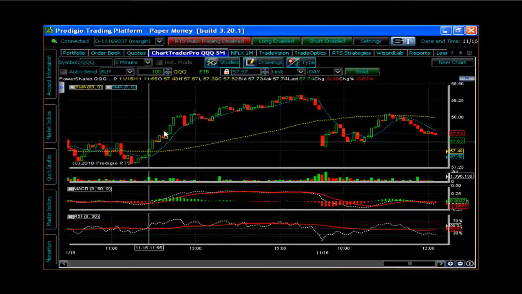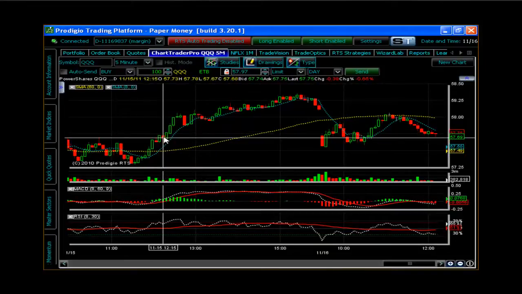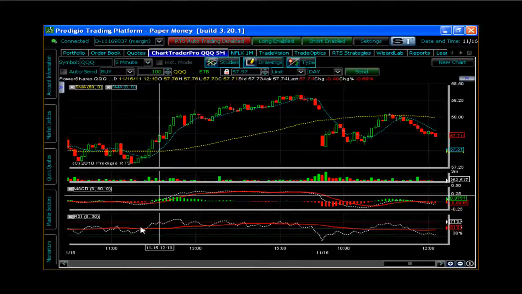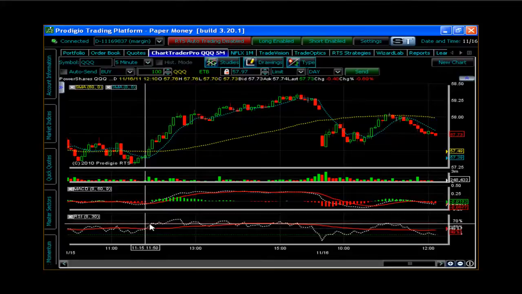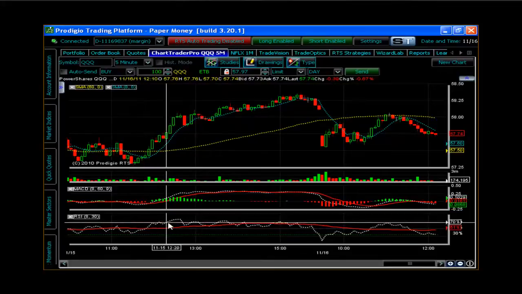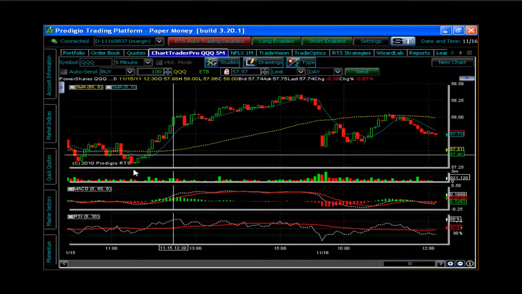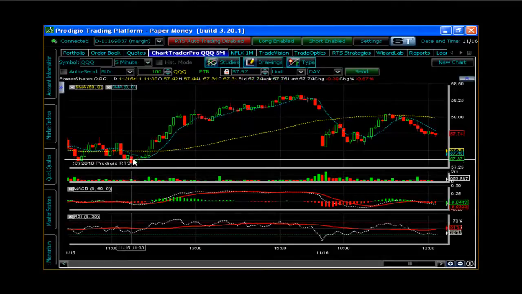I see this string of green bars, and there's a couple red bars littered throughout. As more and more green bars accumulate into the RSI study, you'll see this white dotted line grow. And it goes higher and higher, right? So when I look at this RSI value,